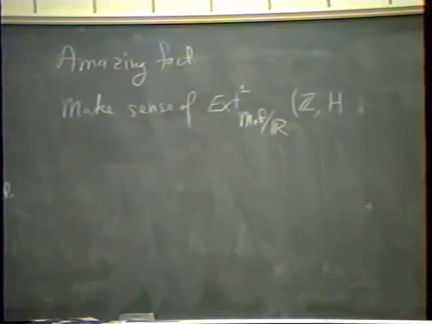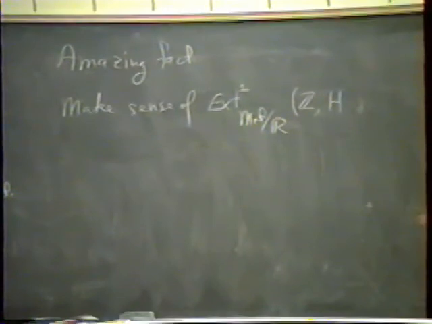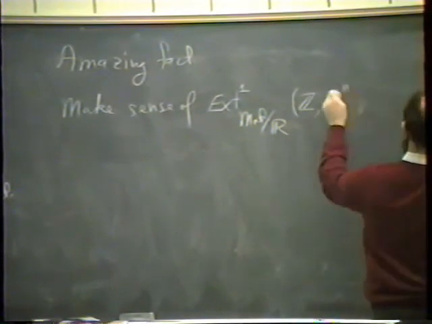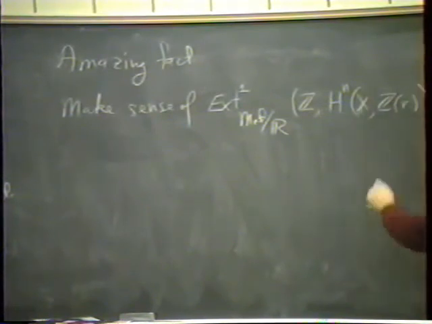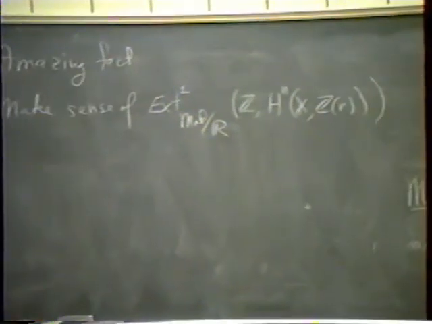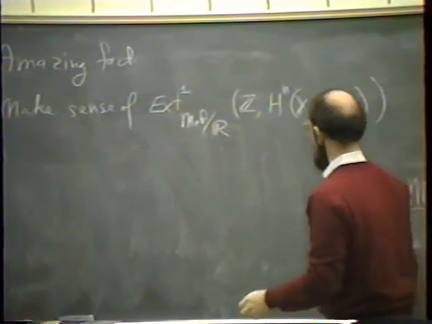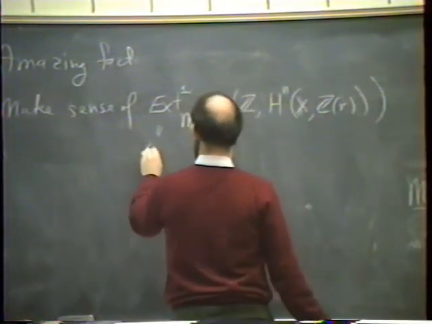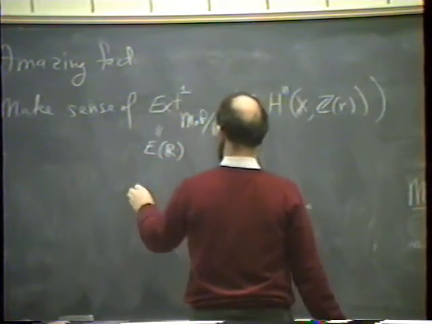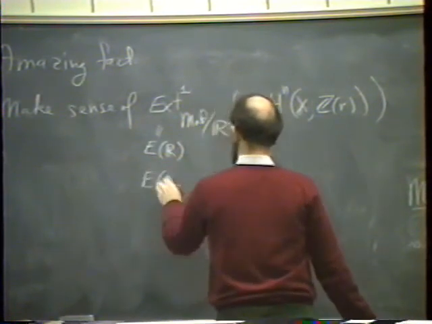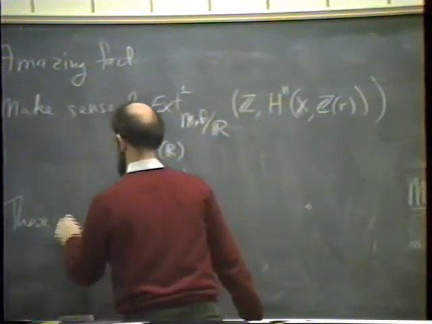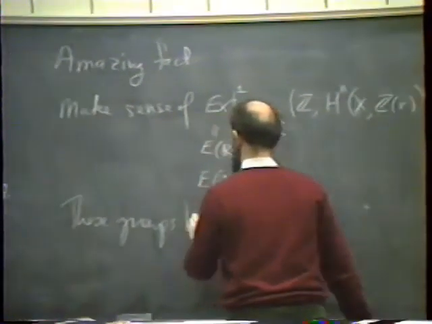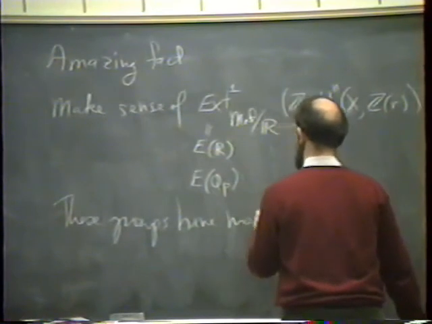Obviously, at this point, any reference to abelian varieties is completely irrelevant, so I'll just take my general H^n(X, Z(r)), and these groups, let's call this, let's say, E_R, and we have the E_Q_p, and these groups have measures,